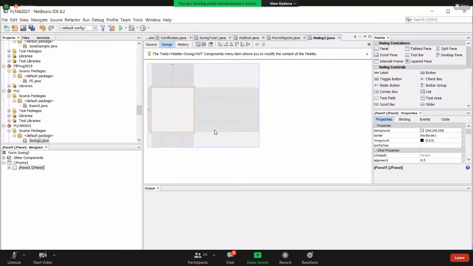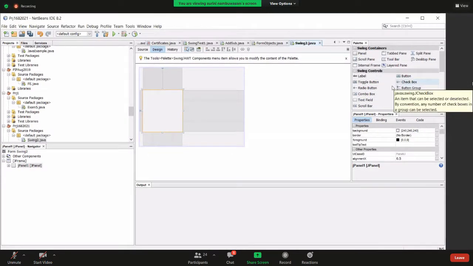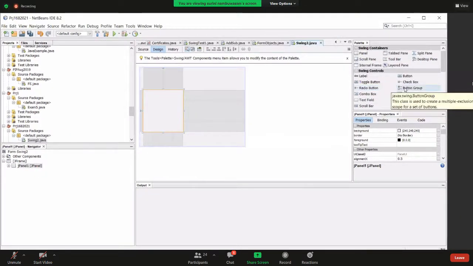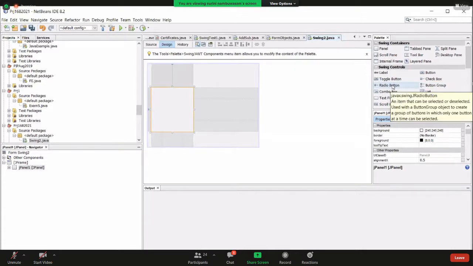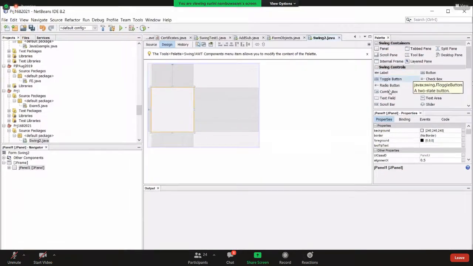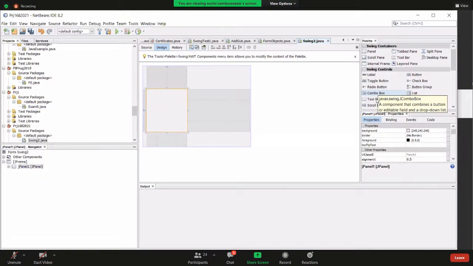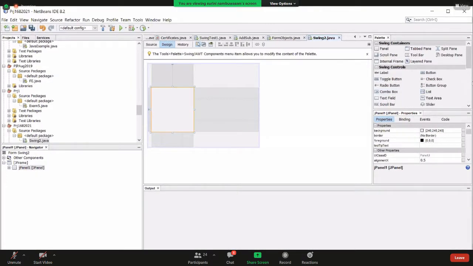Then I will drag a radio button. Here you can see the radio button, on the left hand side.